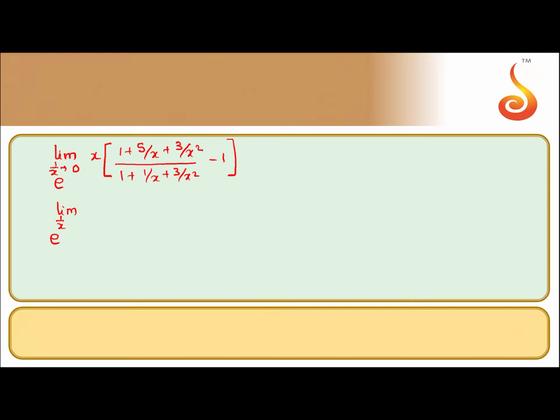So e to the power limit 1 by x tending to 0, x into, we get 4 by x,